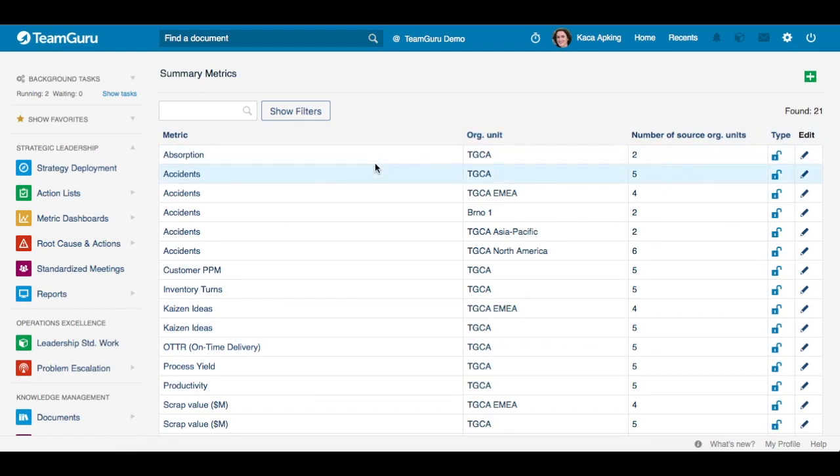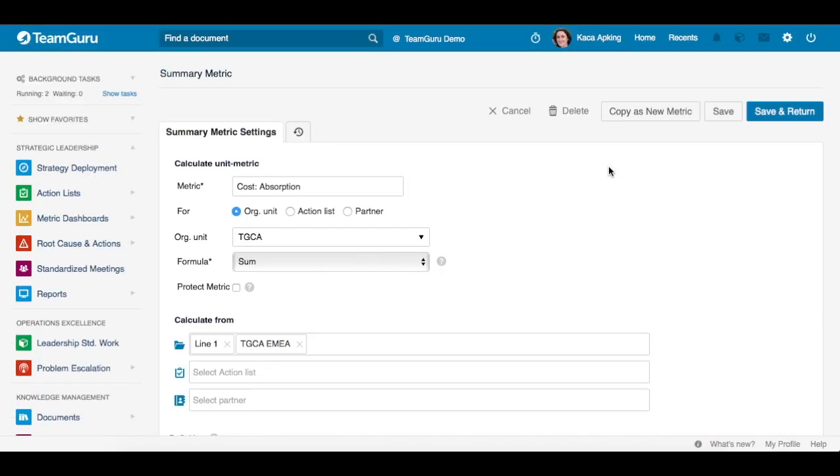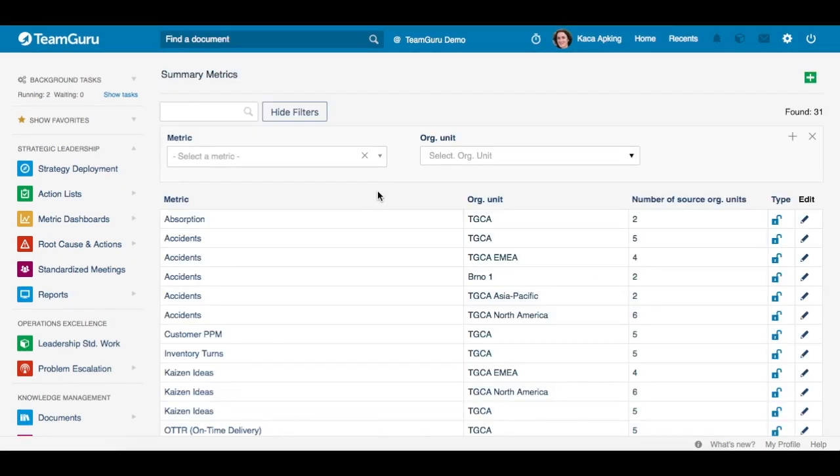If you need to make any modification to already existing summary metrics, you just need to click on an Edit pencil, make changes, and once you are done, you just save and return. I would like to also add that you are able to copy your metrics. So let's say that you want to create a new metric for the TGCA North America folder. When you click on that Edit pencil,